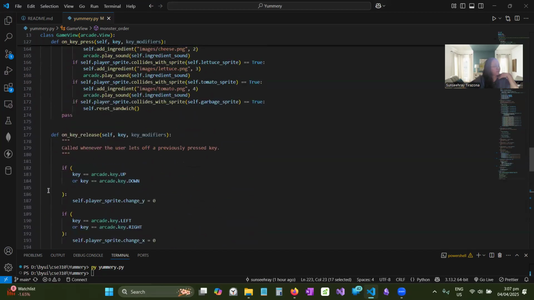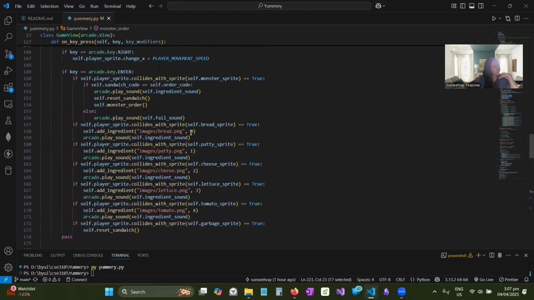So let's go back to the keystrokes because there's some stuff in here. When it's colliding with the ingredients, there's the texture. This one declares the texture, and then the code of that ingredient. So bread is 0, patty 1, cheese 2, and so on. That sequence will be appended to the sandwich code array, and then that will be compared here. And if they match,